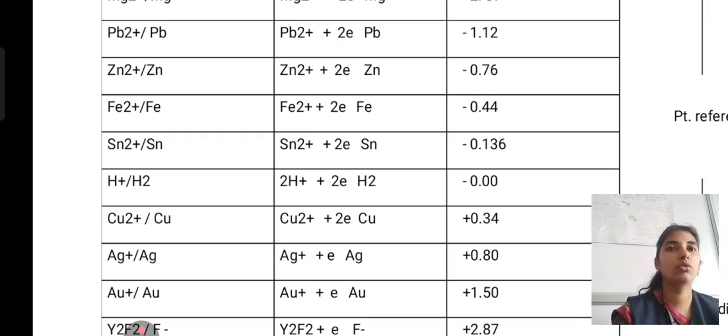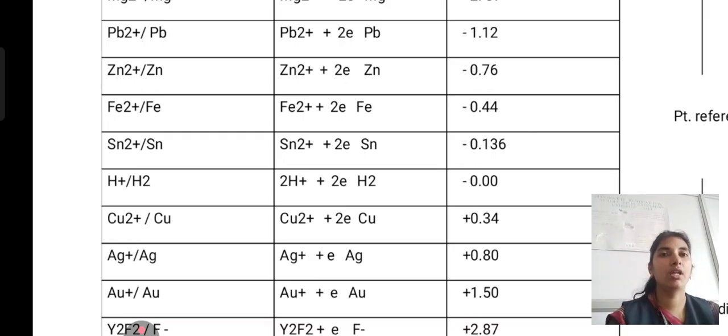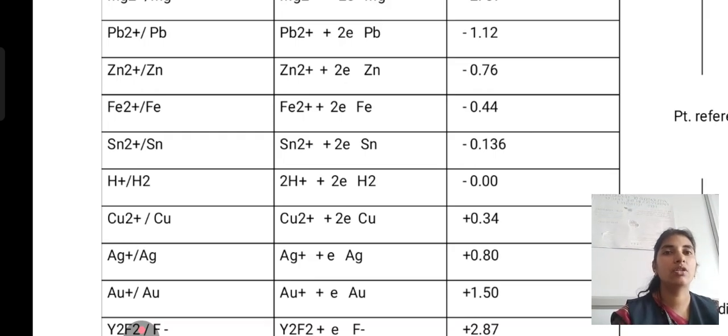Zn2 plus bar Zn gives Zn2 plus 2e Zn, that is 0.76 volt, which is an anodic reaction. Fe2 plus slash Fe gives Fe2 plus 2e Fe, that is 0.44 volts, which has to be an